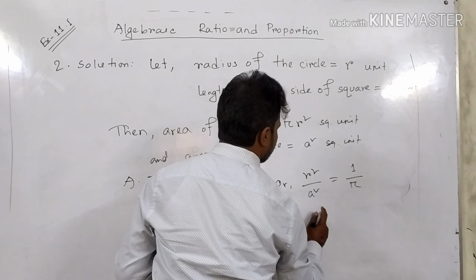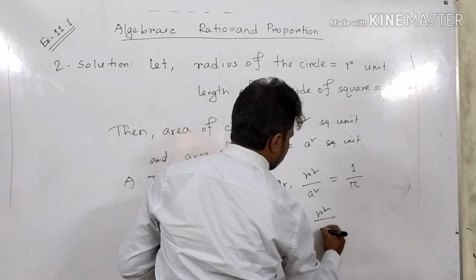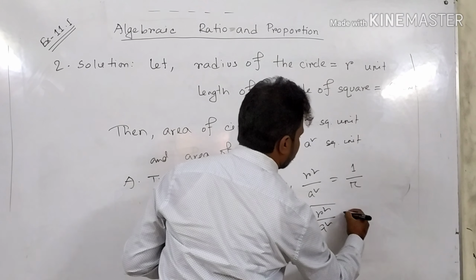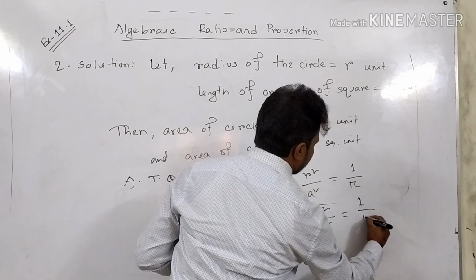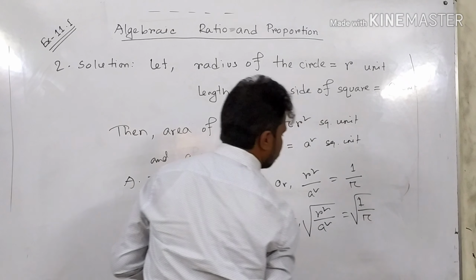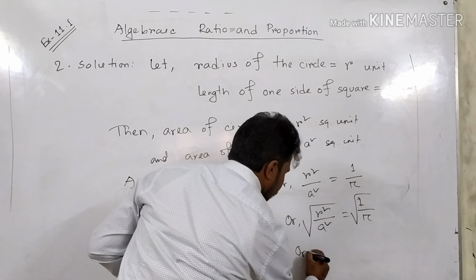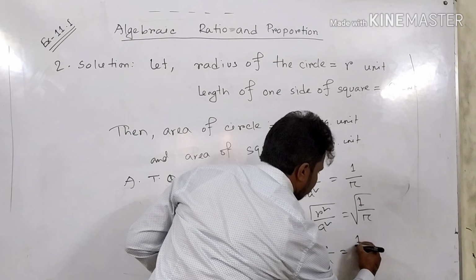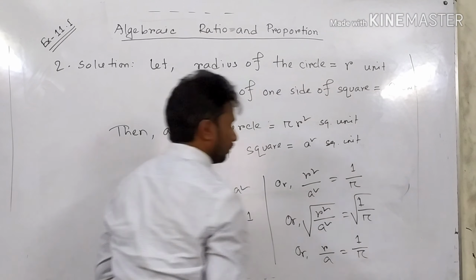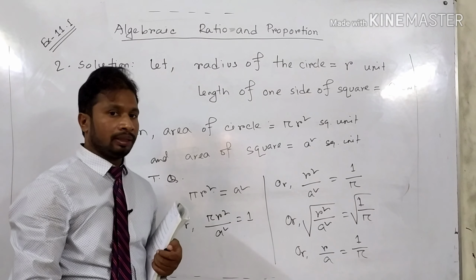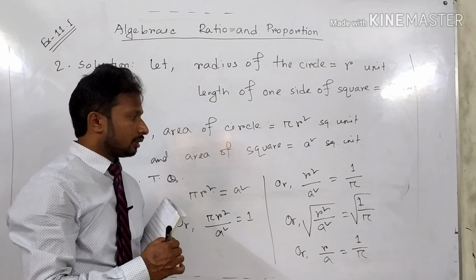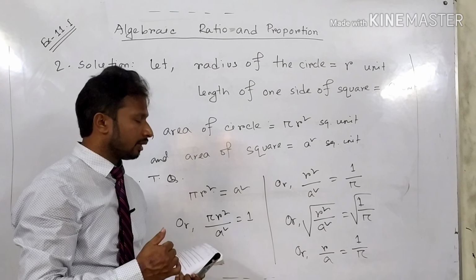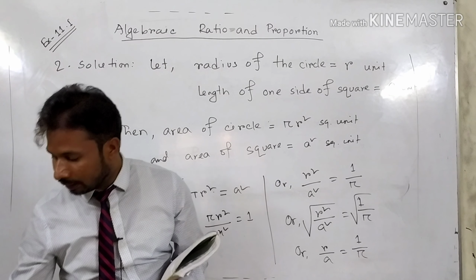you can use root. In both cases you can use root over 1 by pi. You will get here what? R by a equal to 1 by root pi. R by a equal to 1 by root pi, and this value will be needed later. That's why we have written in this way. And now you write